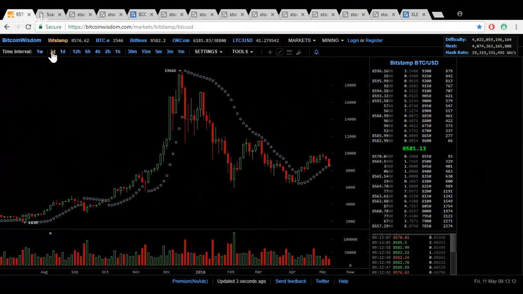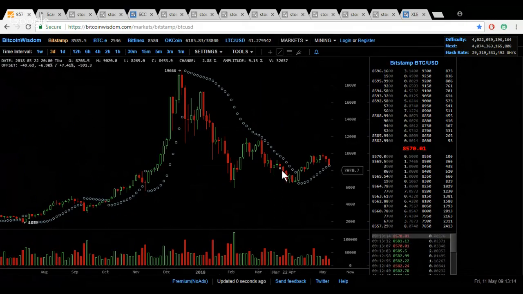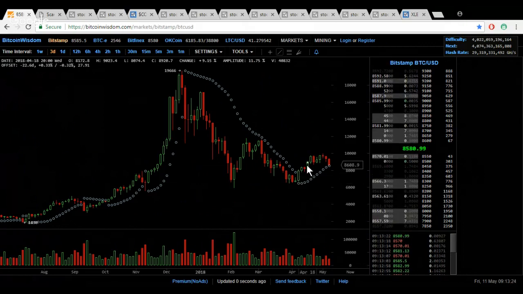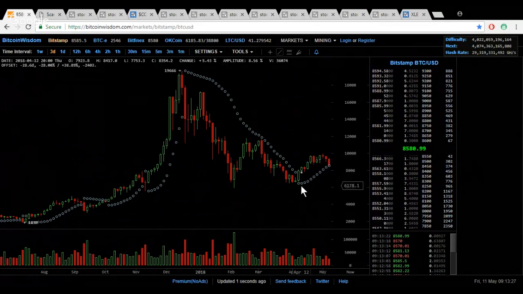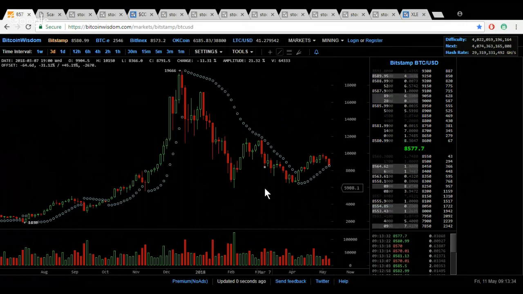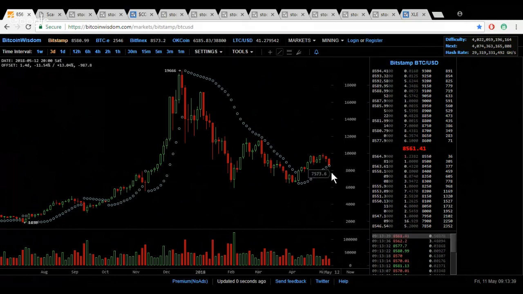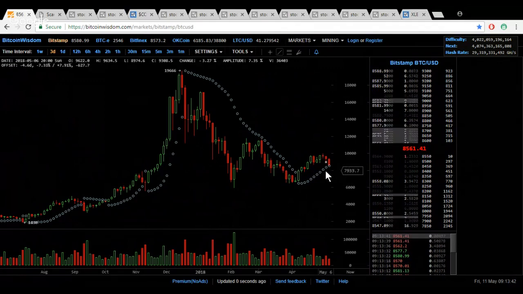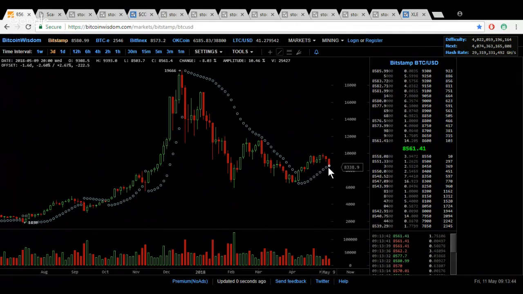On the 3-day, we broke the downtrend about 10 candles ago. It has become an uptrend for this period of time. We're talking about a 3-day candle period, but look at what is happening as of this morning. We are about to break down below that on a 3-day basis. It is still bullish, but I've got that dotted approximately 83.38.